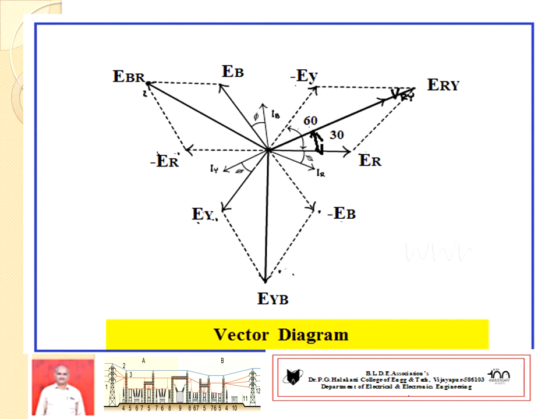So after that we have to draw the vector diagram. Step number 1, ER, EY, EB are the phase voltages. Already we understood. In the first step you draw ER as reference, ER to EY 120 degrees, EY to EB another 120 degrees. Then EB to ER is 120 degrees. All three EMFs, first you draw the vectors with some 2 cm or 3 cm. ER 3 cm, EY 3 cm, EB 3 cm with an angular displacement of 120 degrees first.